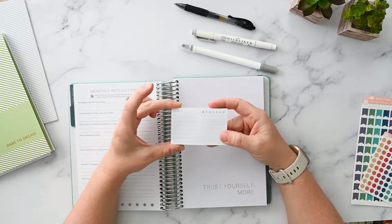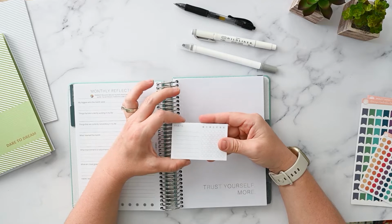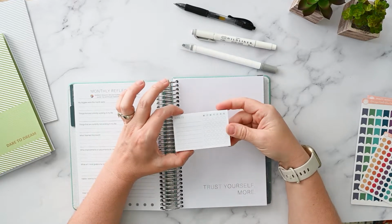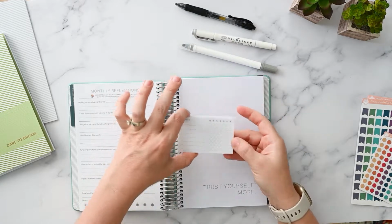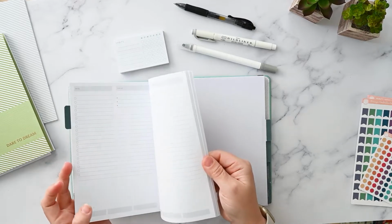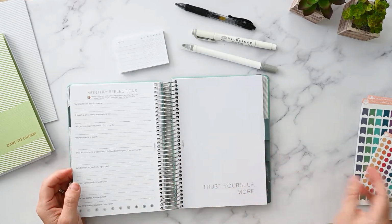But I also see the value in tracking it this way too, because writing things down and the act of physically checking things off, that's big too. So I don't know, I may or may not continue to use that. We'll see. So the other thing that I wanted to mention